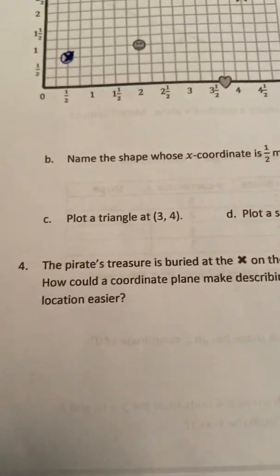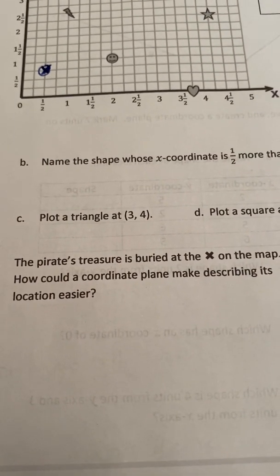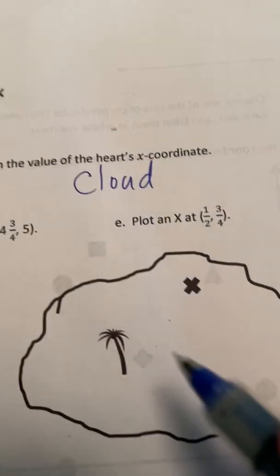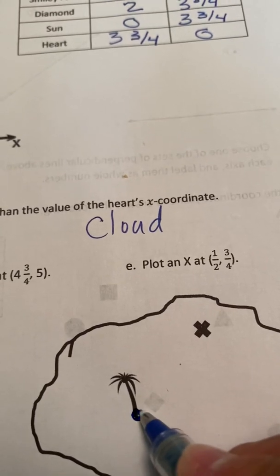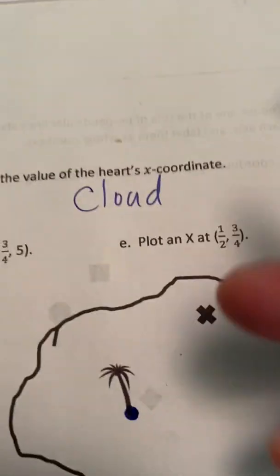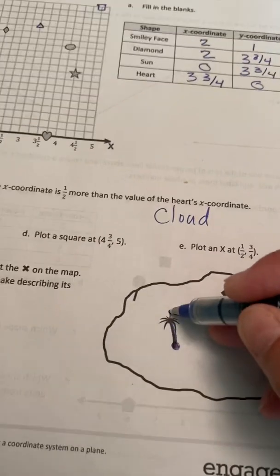All right, last question. The pirate's treasure is buried at the X on the map. How could a coordinate plane make describing its location easier? All right, so we have got here, we could use this palm tree as the origin. Okay, and then you could take a ruler and you could draw in